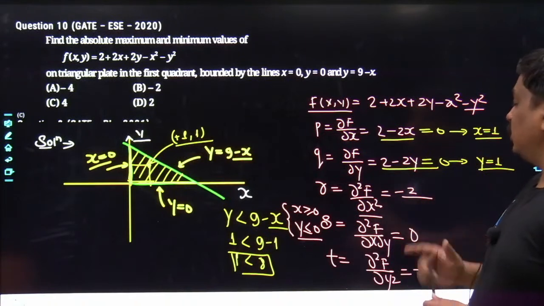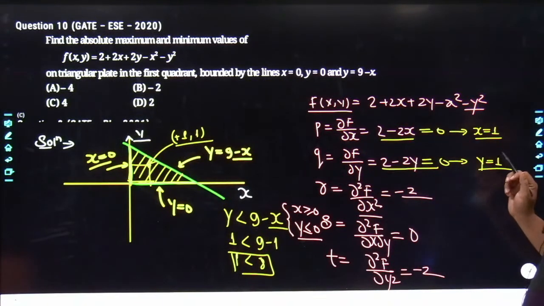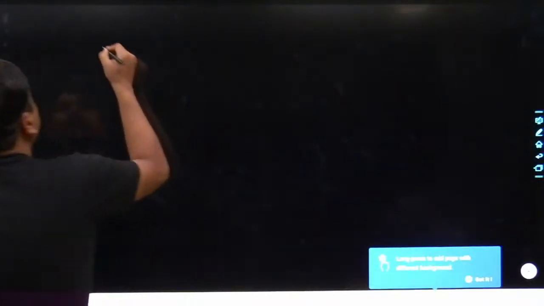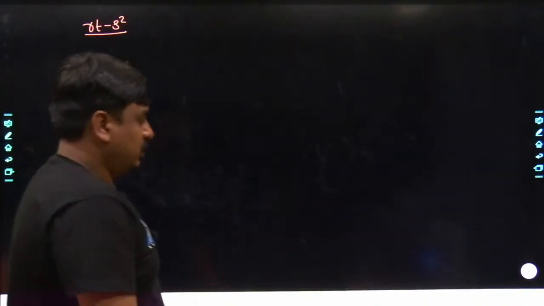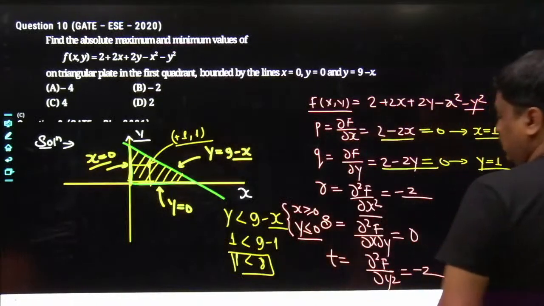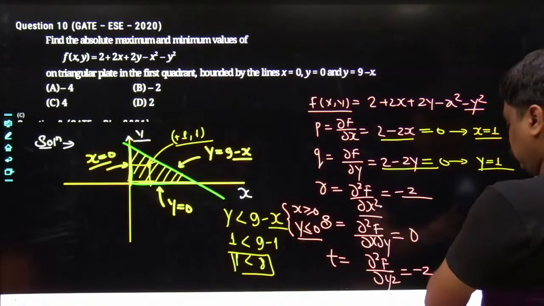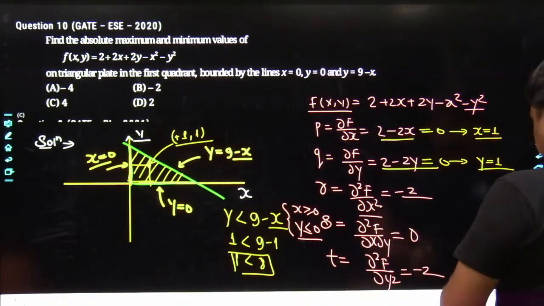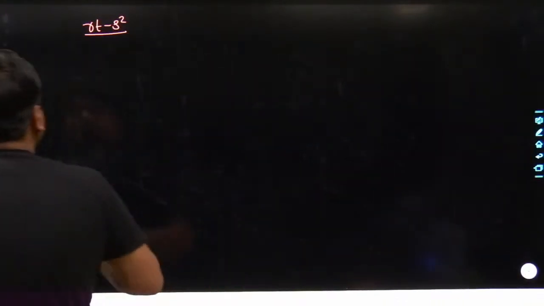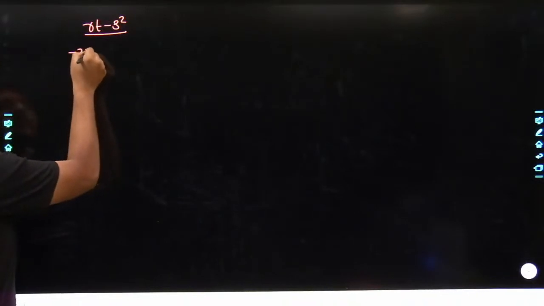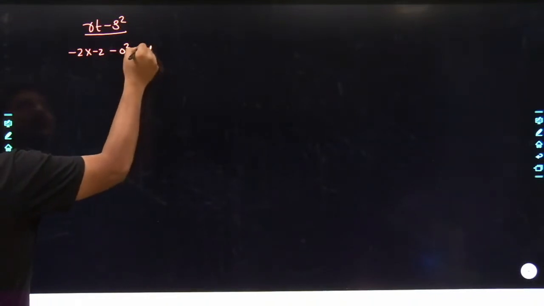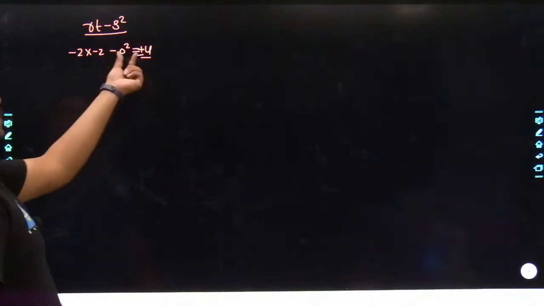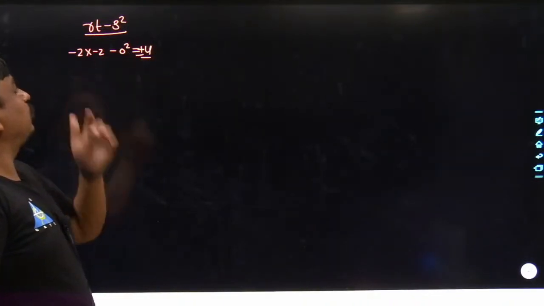Anyways, we'll move forward. Once we are done with the stationary point, we'll go with the RT minus S square test. Obviously, this test would be conducted at the stationary point. What is the R over here? The R is minus 2, and T is 4, and S is simply 0. So here it goes: minus 2 into 4 minus 0, so the worth is simply minus 8 plus... See, the value is not that important, its polarity is more important.